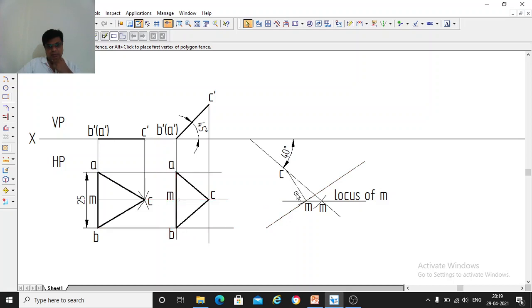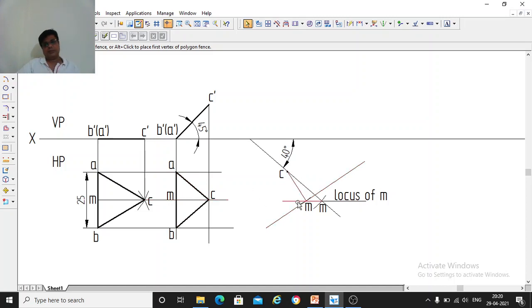Similarly MB you measure and B will be on this line. So you are rotating it anticlockwise and placing it along this CM. So A will come here, B will come here. So how much distance from M, you can measure it with the compass MA, and from this MA you take the point A here, measure MB and take the point B here. So you will get points A and B on this line. Then you join this, you will get this triangle with the median CM here.